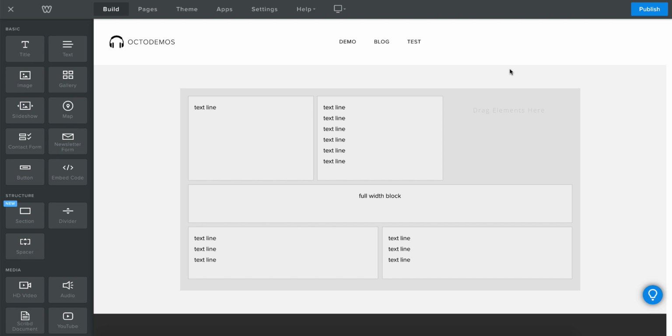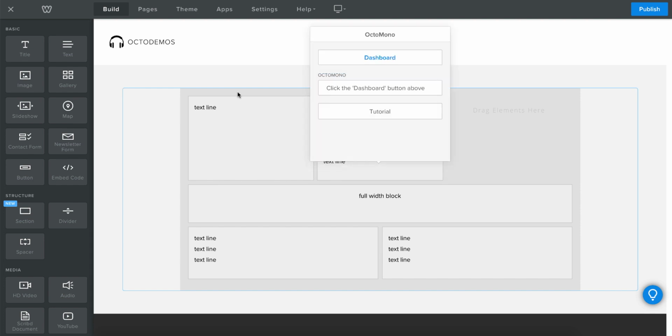Now another option that we included is the option to vertically align content inside of the child block. So now you can see that by default all of the content here is vertically aligned at the top. So let's say we want to have this at the center or at the bottom. You can do that now as well with a new option included. The way to do it would be accessing the dashboard,